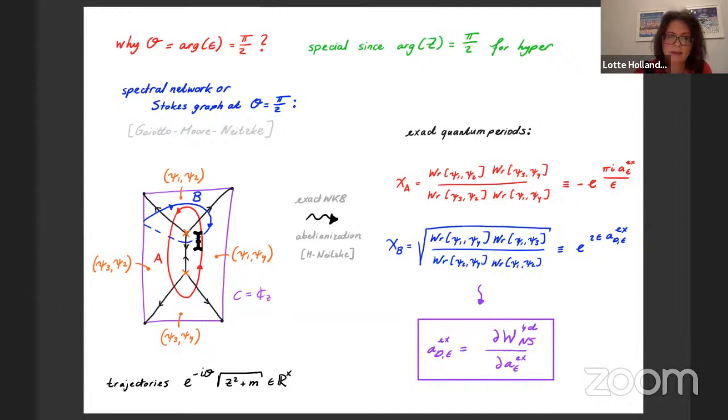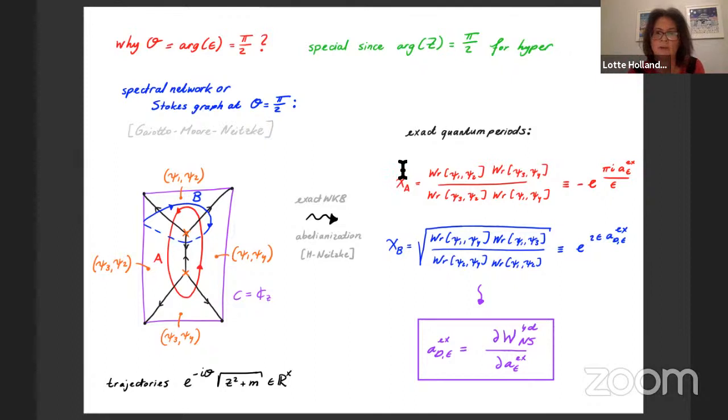These bases are very special, in the sense that if you go from one sector to the other, then the change of basis matrix is given by a unipotent matrix. And exactly this fact means that, well, you can say it in different ways, we can lift this oper to an abelian flat connection on the spectral curve. But it also means that we can compute the exact quantum periods in terms of Wronskians of these solutions, of this basis of solutions.